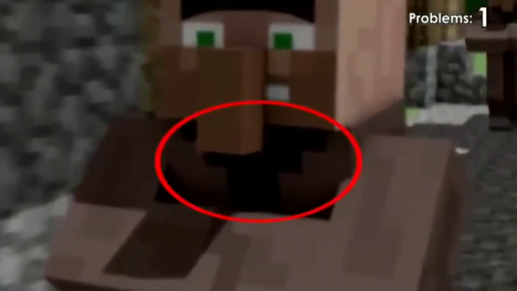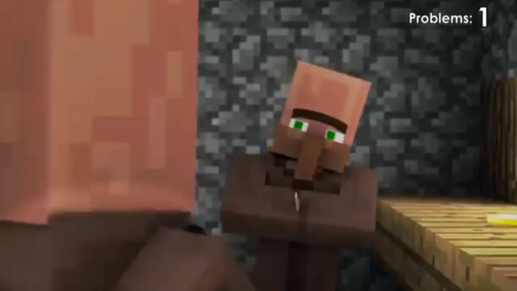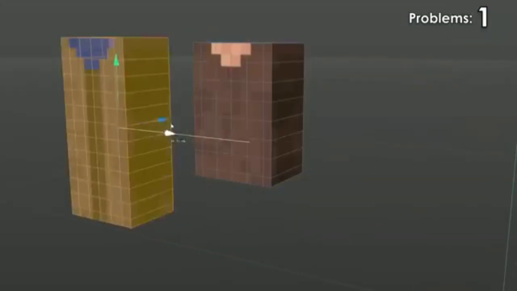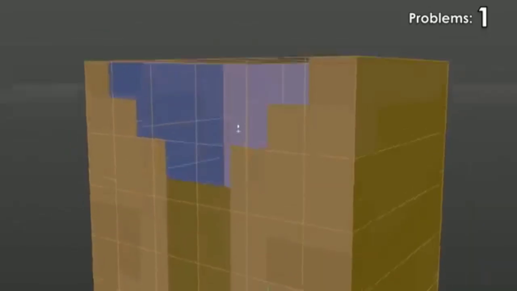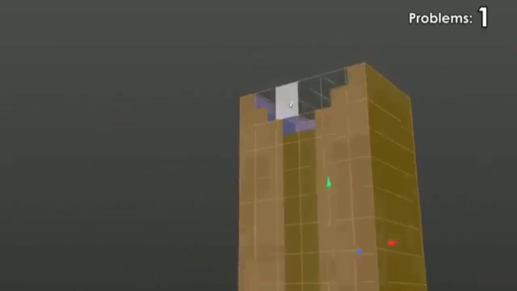Now, the police are everywhere. This next issue is this. Check out the black area here. That's supposed to show the inside of the villager cloak. So on the old villager textures, there were two parts to the body, the cloak and this undershirt. And there's a little gap at the top of the cloak where you're supposed to see through to the undershirt.